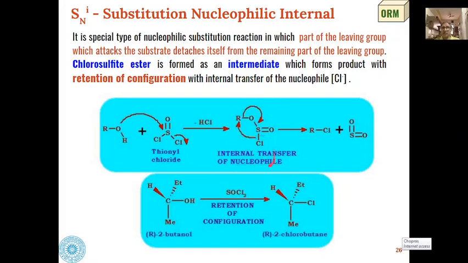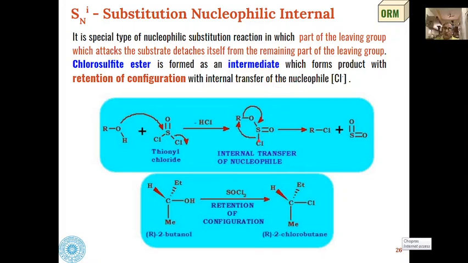So these types of chlorosulfite esters are formed when alcohols react with thionyl chloride, and through internal shift of this nucleophile to this alkyl, this goes to this place to remove sulfur dioxide, and we will get the product. Product formation is an internal arrangement through this chlorosulfite ester, which is formed as an intermediate, and then